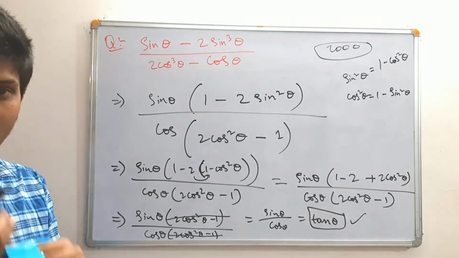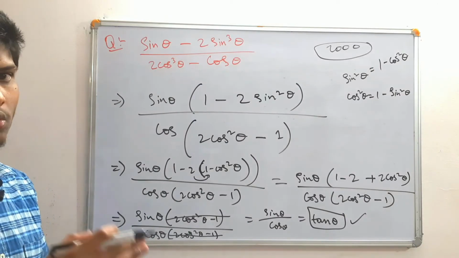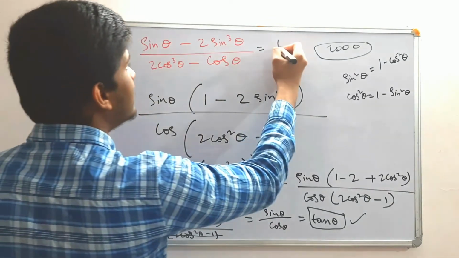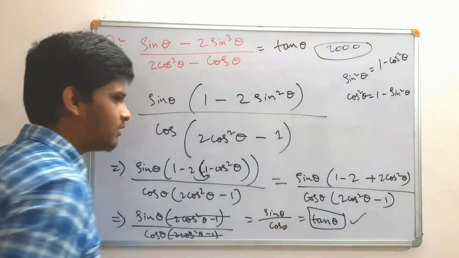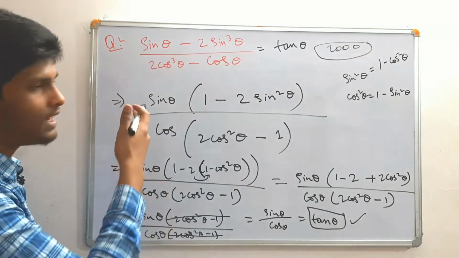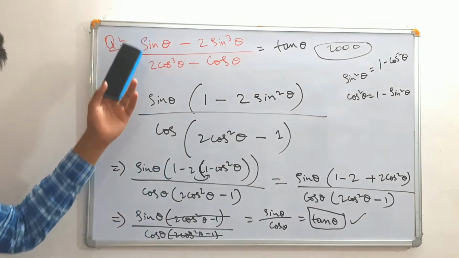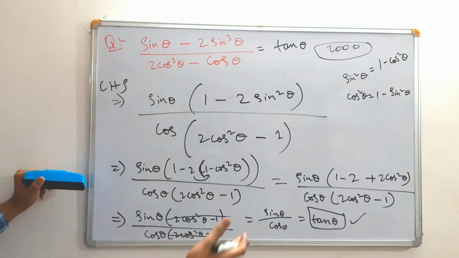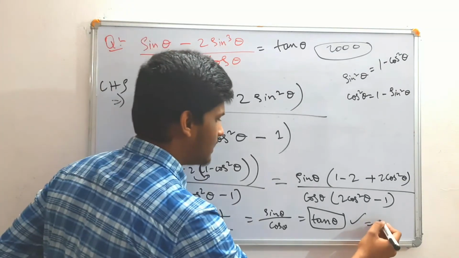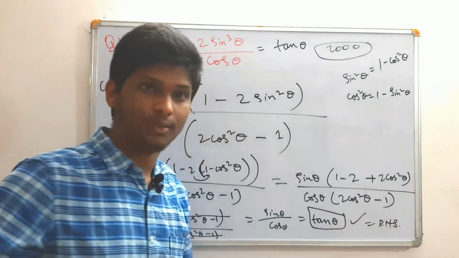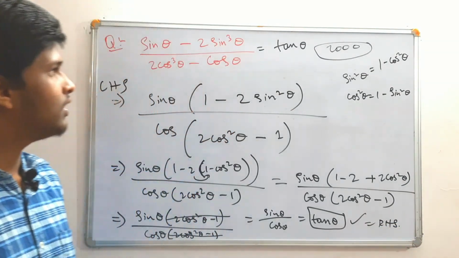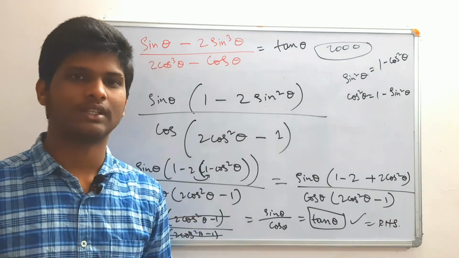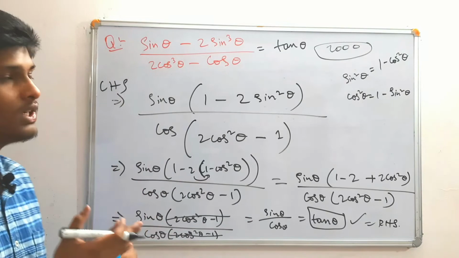Or else if they want to make it a prove question, they'll say we have something and RHS is tan theta, and now prove LHS is equal to RHS. We just take LHS is equal to so and so, we get tan theta, and that is equal to RHS. Hence the problem is proved. So questions will be like this, prove that this and that, and that's it for this video.